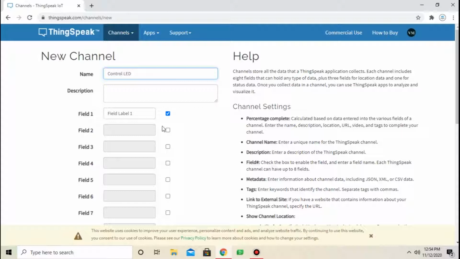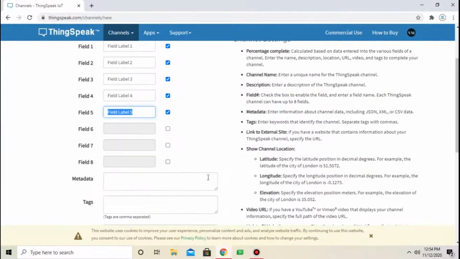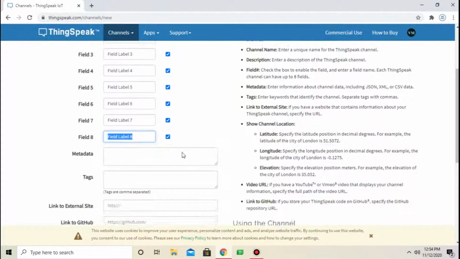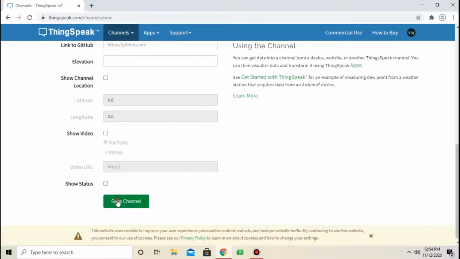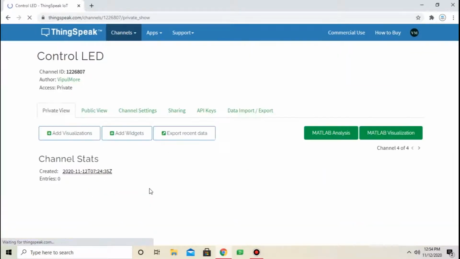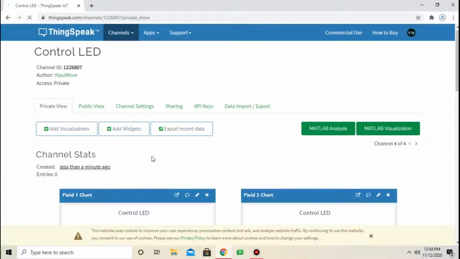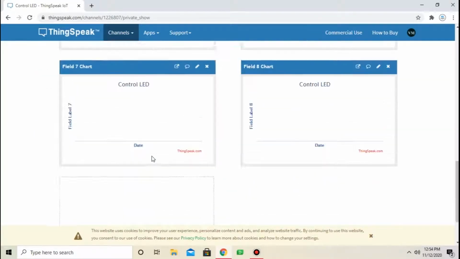Check the box field 1 to field 8. And save channel. ThingSpeak server is ready.